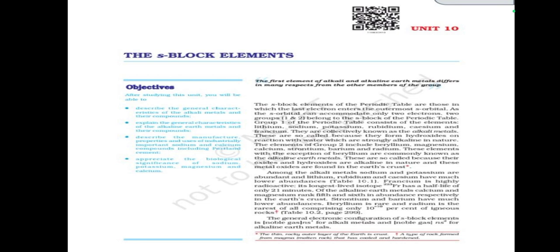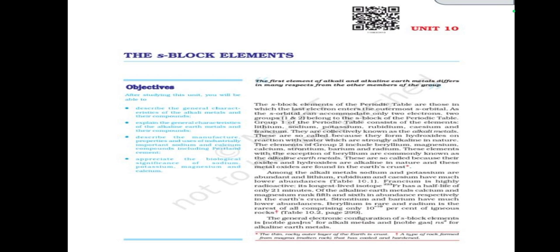The elements of group 2 include beryllium, magnesium, calcium, strontium, barium, and radium. These elements are alkaline earth metals. They are so called because their oxides and hydroxides are alkaline in nature, and these metal oxides are found in the earth's crust. Among the alkali metals, sodium and potassium are abundant,